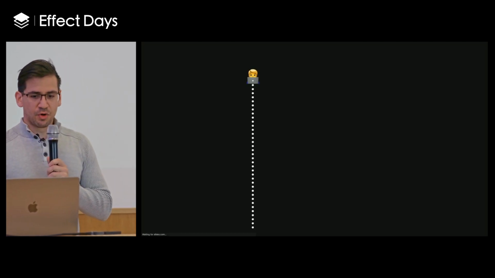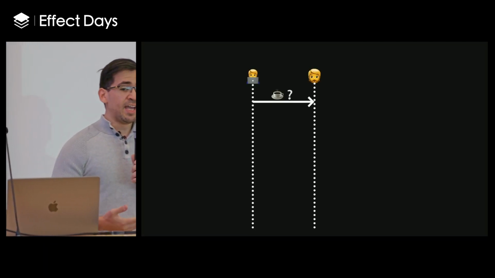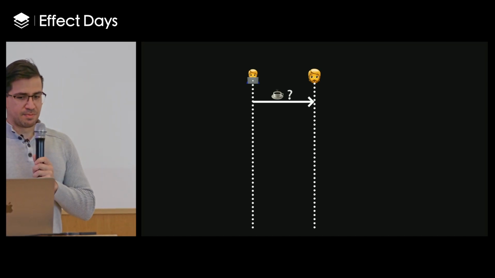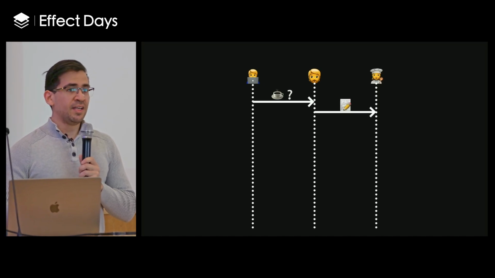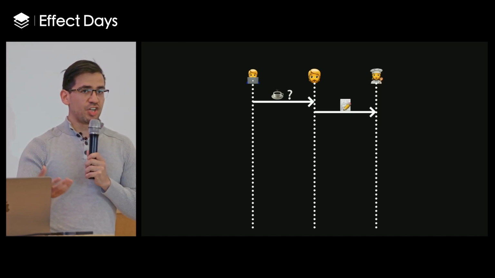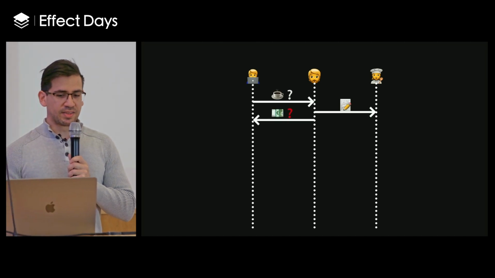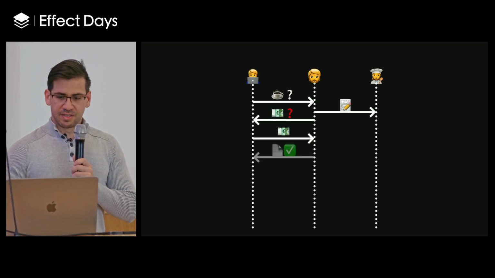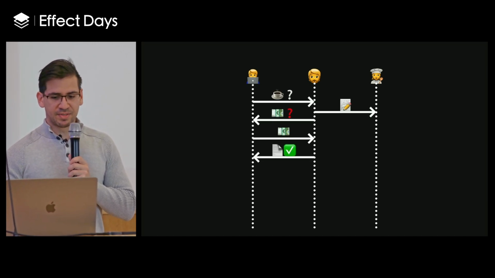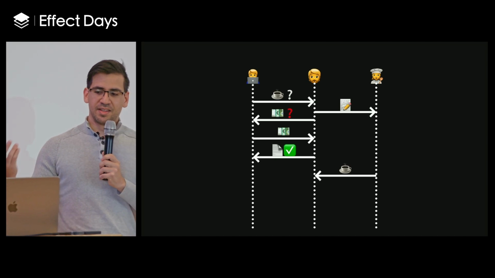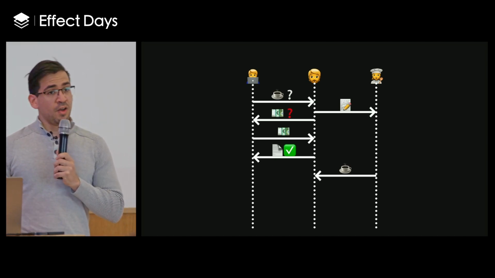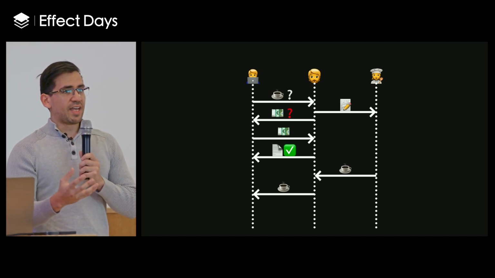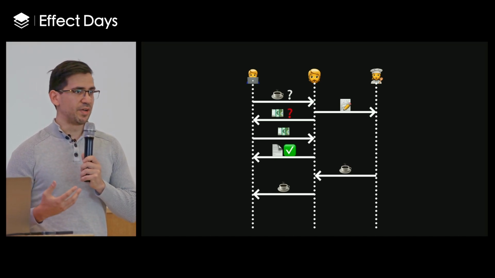Just to bring this into more human terms, let's say that I'm at a cafe, and I order a coffee. So I'm an actor, and I'm sending a message to the cashier saying, I would like a coffee. And the cashier would tell the barista, OK, they want this coffee. The cashier would ask me for euros. I would give them euros, I guess. And then they would give me a receipt. And then the barista would give the cashier the coffee, or they might deliver it directly to me. But either way, this is showing how message passing happens between actors.